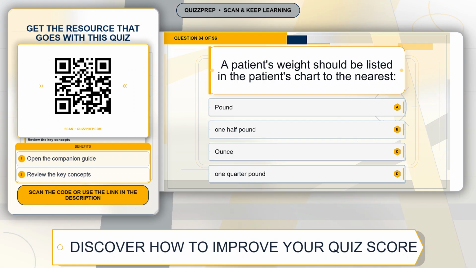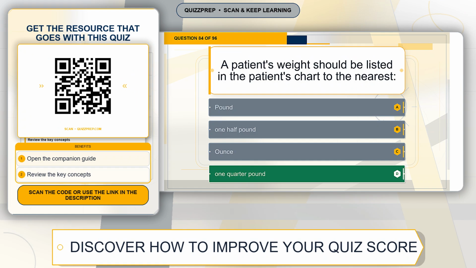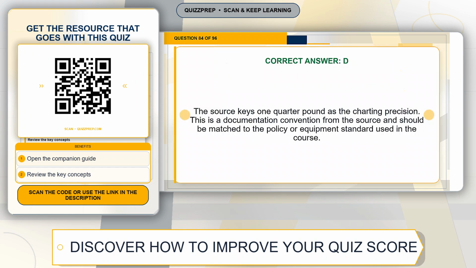Question 84. A patient's weight should be listed in the patient's chart to the nearest. Option A, pound. Option B, 1/2 pound. Option C, ounce. Option D, 1/4 pound. The correct answer is option D, 1/4 pound. Explanation. The source keys 1/4 pound as the charting precision. This is a documentation convention from the source and should be matched to the policy or equipment standard used in